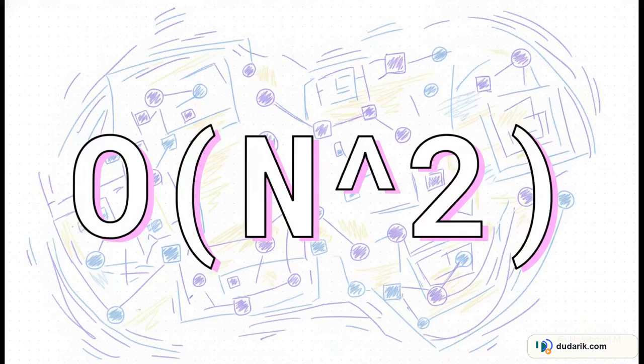There is a catch, though, and it's big O of n squared. You've got to keep in mind that these pairwise couplings add a quadratic memory overhead relative to your sequence length, meaning if your sequence doubles, your memory requirement goes up by a factor of 4. So definitely something to plan for.